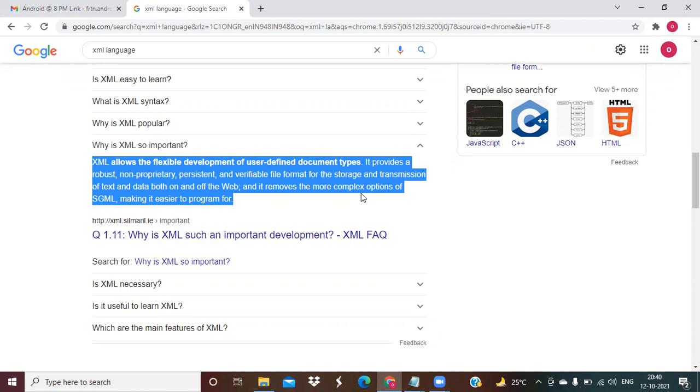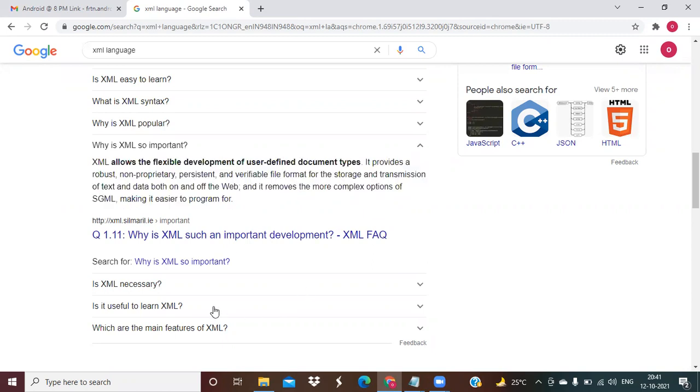It gives a persistent and verifiable file format for the storage and transmission of text and data, both on and off the web, and it removes the more complex options of HTML, making it easier to program for. Actually, XML is an enhanced version of HTML.